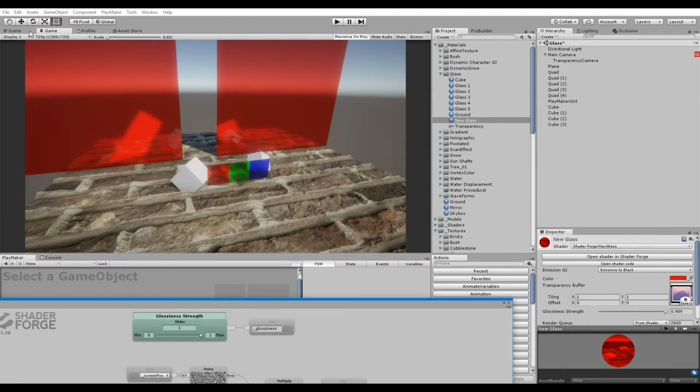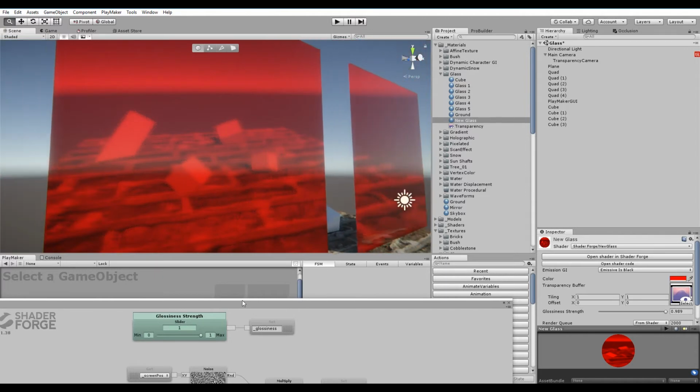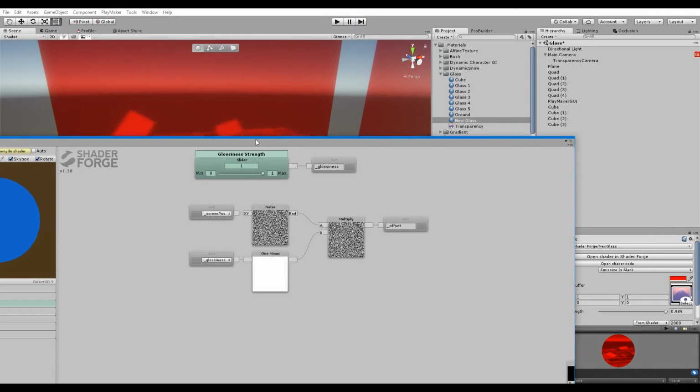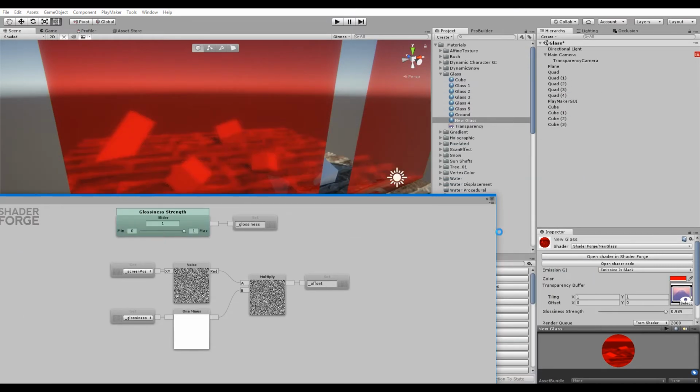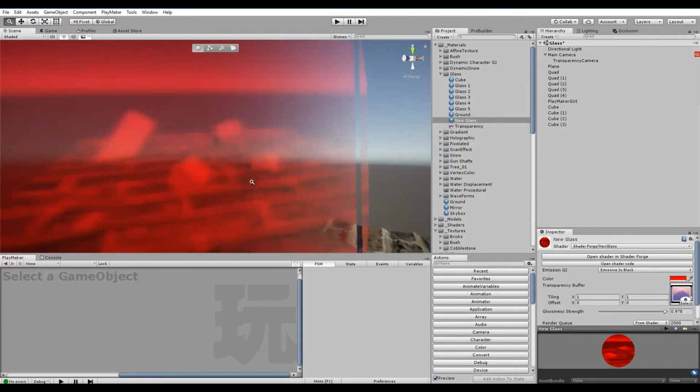Even though it's a noise channel, you'll see small dots everywhere because it's noisy. It's not a full-fledged blur, but it's the closest thing we have. Works as intended, but